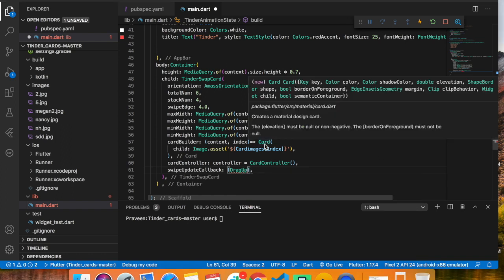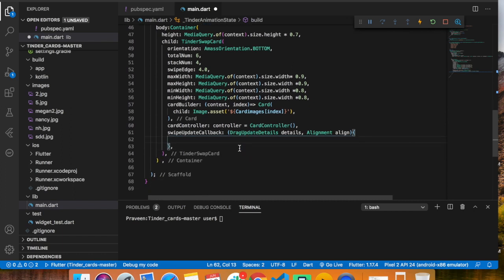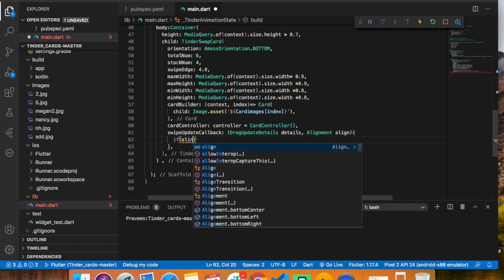Drag update, drag update details, comma, alignment should be aligned, align, and perfect. And now I have to give the alignment of align basically. So align